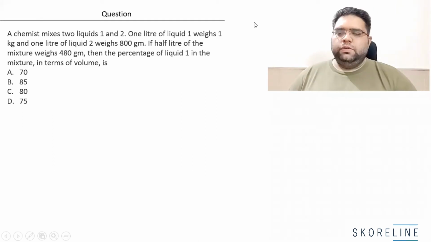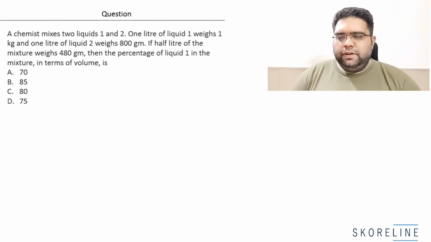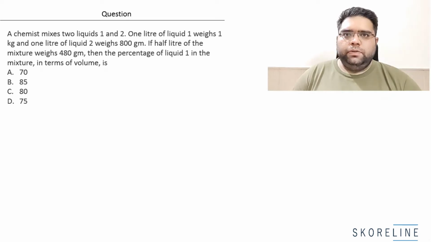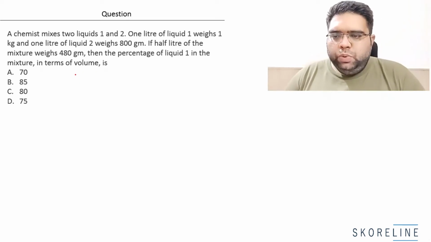See, let's solve this question. The question says a chemist mixes two liquids, liquid 1 and liquid 2. 1 liter of liquid 1 weighs 1 kg and 1 liter of liquid 2 weighs 800 grams. If half a liter of the mixture weighs 480 grams, then the percentage of liquid 1 in the mixture in terms of volume is, right? So we have two liquids,